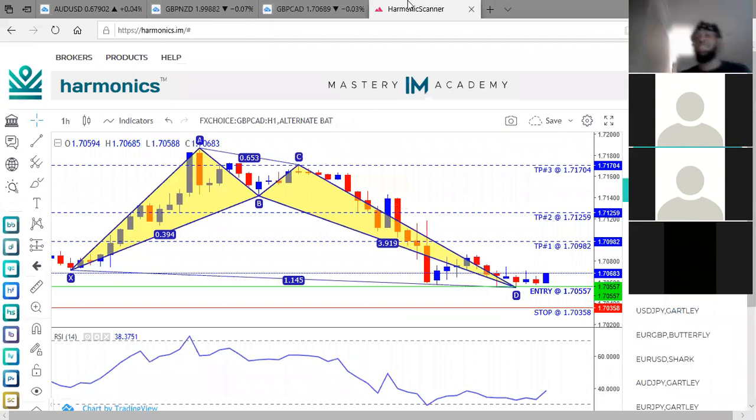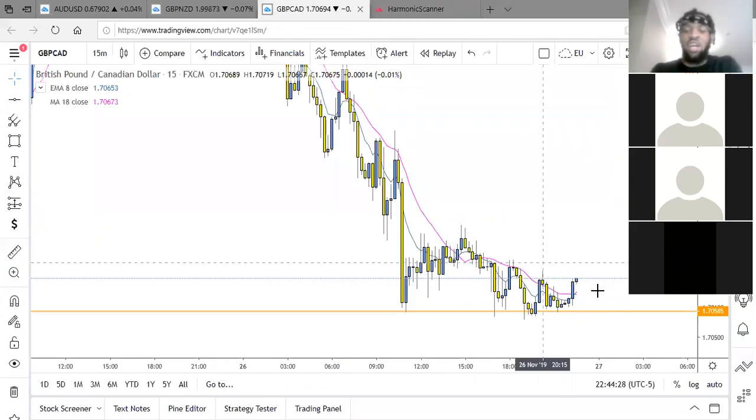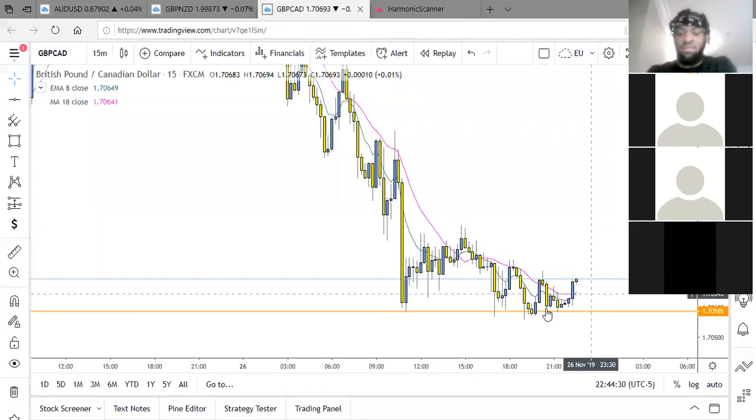Scanner calling it at 7055. It's at 7068 right now. The stop is 7035, so it's like a 33 pip stop loss. Use risk management accordingly. Why do I like this for the buy? Well, because the scanner said so, but also because